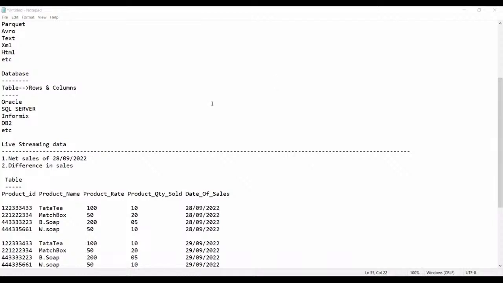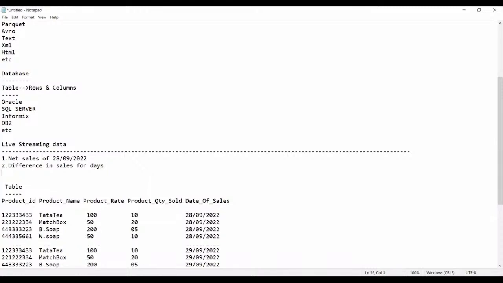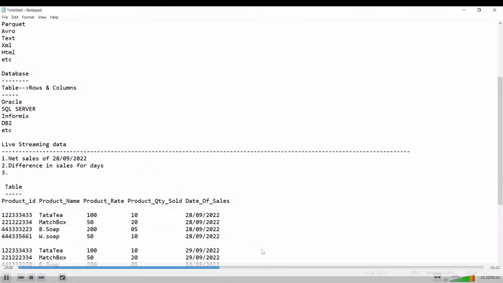Okay, guys, can you see here? Difference in sales. What is the difference in sales? Difference in sales for 2 days. Then afterwards, the third query is, guys, the third query is